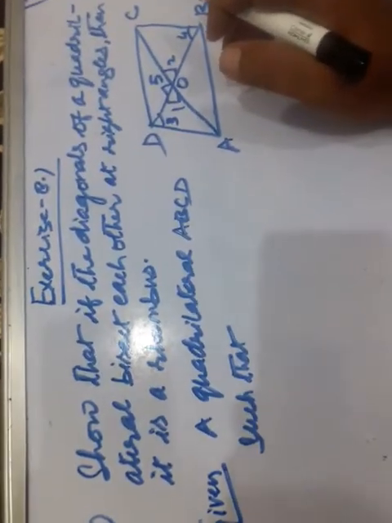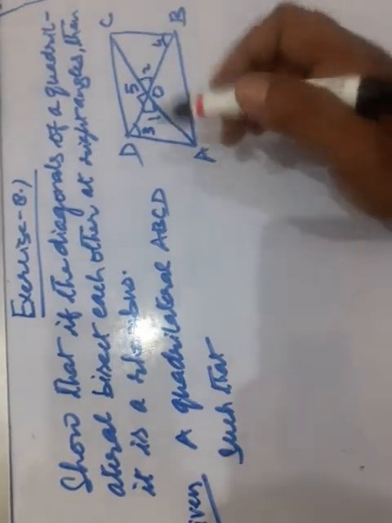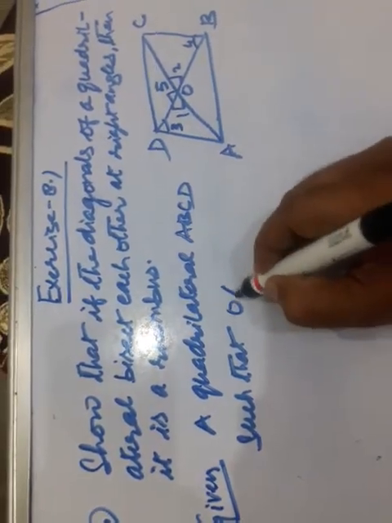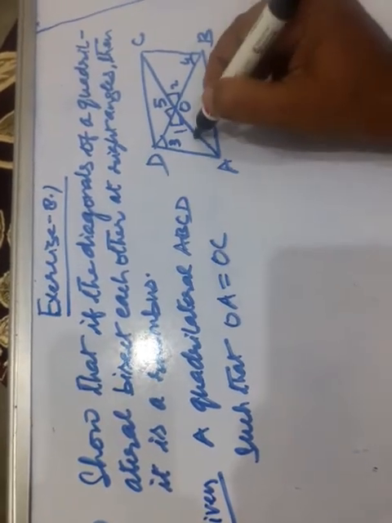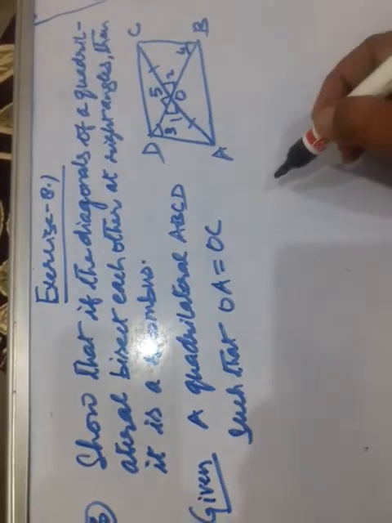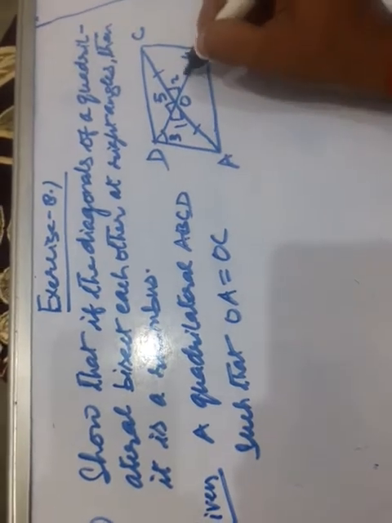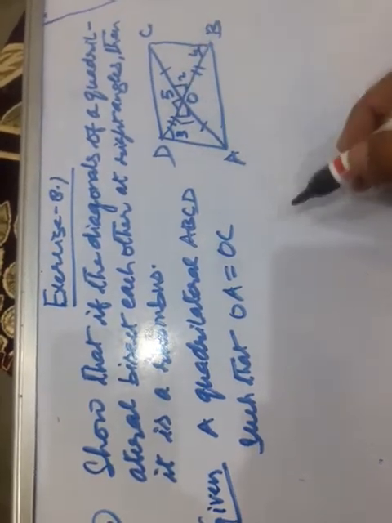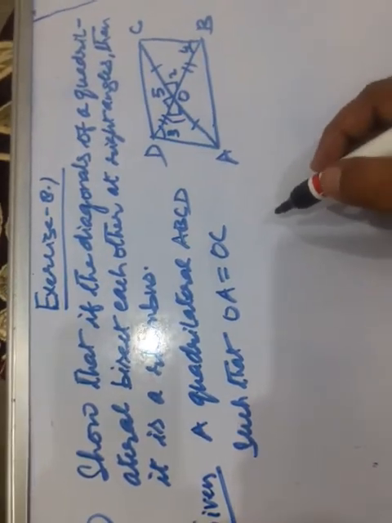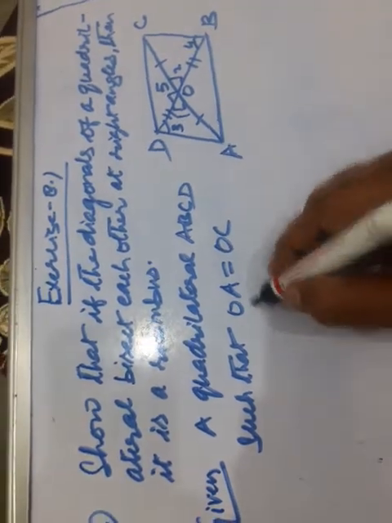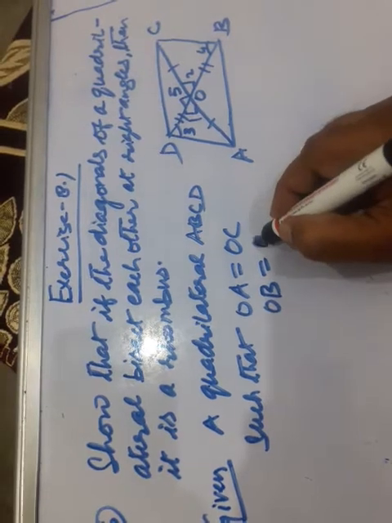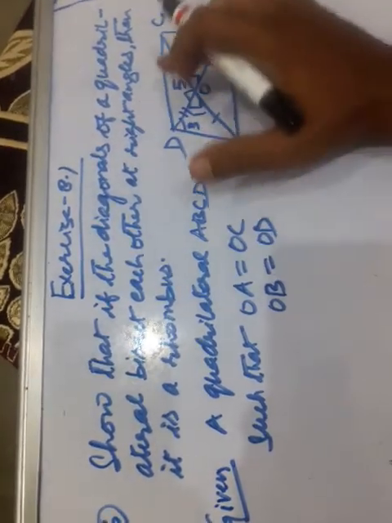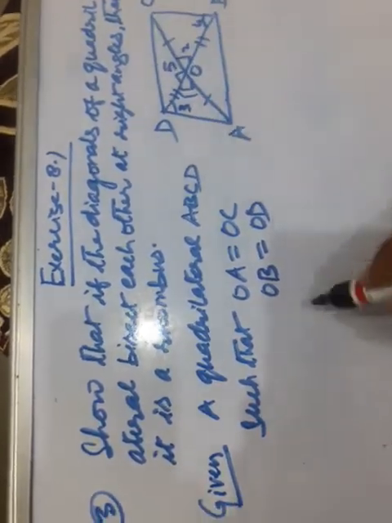Write down OA equal to OC, bisect each other means this part is equal to this part. And OD equal to OB, that is, OB equal to OD. What else? At right angles, that is angle AOB